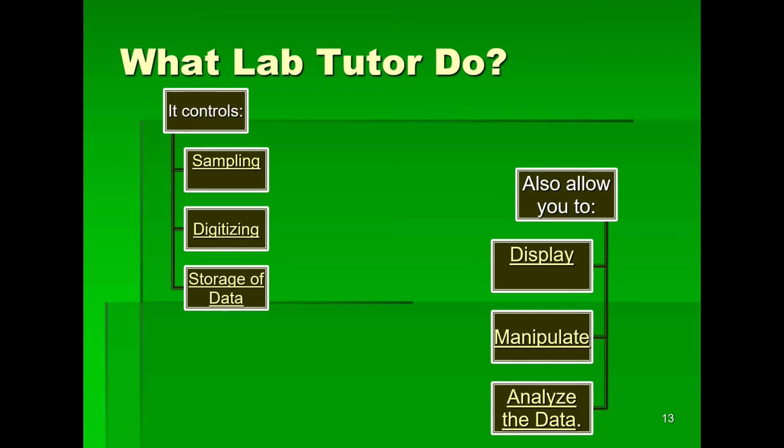And finally, after you have completed your recording, saved your data, and stored your data, you can analyze your data. For example, you want to make a graph between force and stimulation, meaning when you stimulate a muscle, how much force is produced. If you want to see a relationship between them, then you can also do that with the help of LabTutor software. So this is how the hardware and software combine to work.